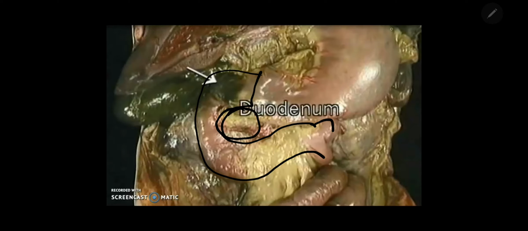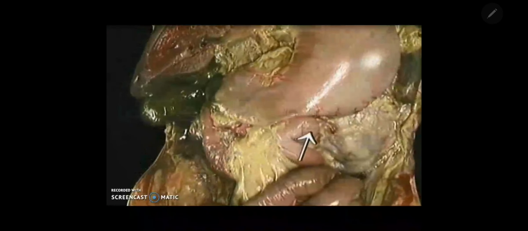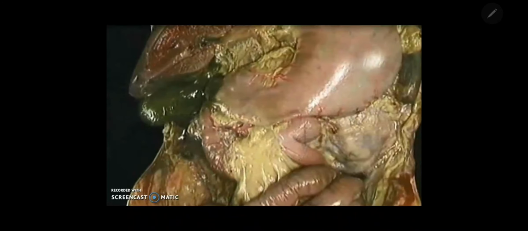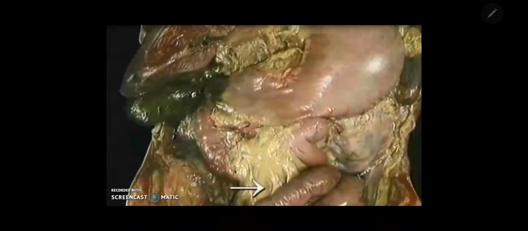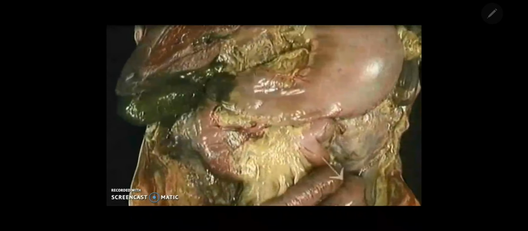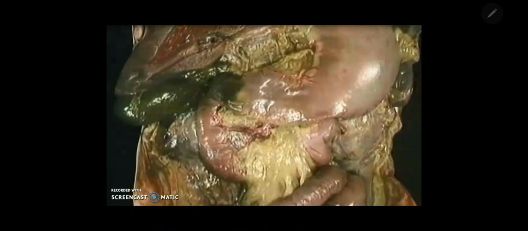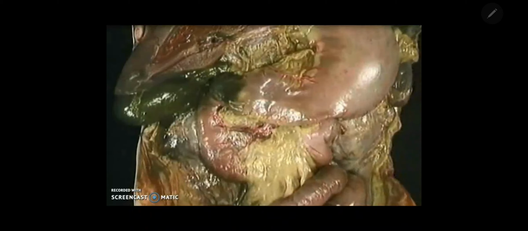Here you can see head of the pancreas. It extends from L1 to L3. Most of it lies on the right side. You can see on surface topography it lies on more posterior plane because it is retroperitoneal, and you can see there root of mesentery in front of the third part, suspending the coils of jejunum and ileum.